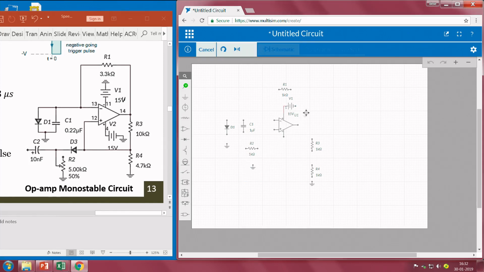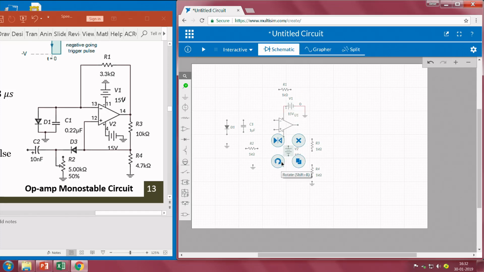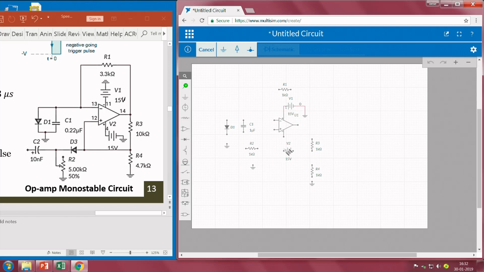We have used TL074 for this. If you do not have TL074, you can also go with the 741, but TL084 is a quad op amp, or TL074 or LM358, anything. Then we also need another power supply for the negative minus VCC. So, V1 corresponds to plus VCC, V2 corresponds to minus VCC, and the ground is again connected to ground, the positive terminal. So, everything should be a common ground in this case.